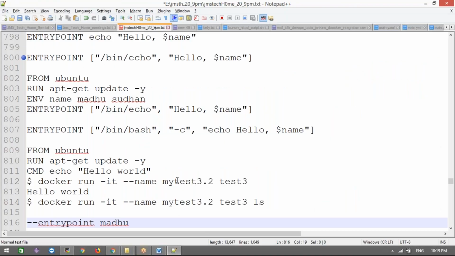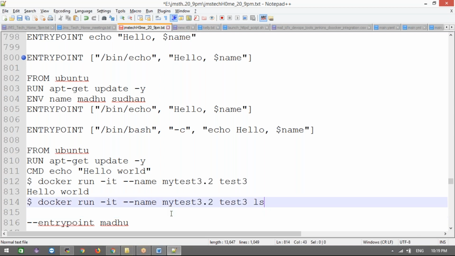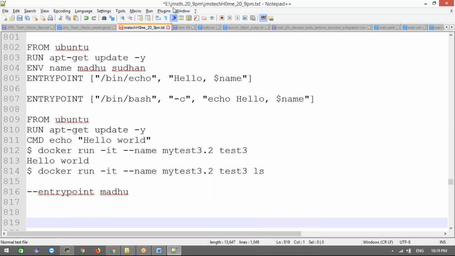That is the main point for the Docker run command, CMD and entry point. It's very important. A lot of people have a lot of confusion with these three commands, and in interviews they will confuse you too. If you go for a DevOps interview, most people will ask this question because there is a lot of confusion. I hope you guys are clear. Any questions on this? Any questions guys? Okay.